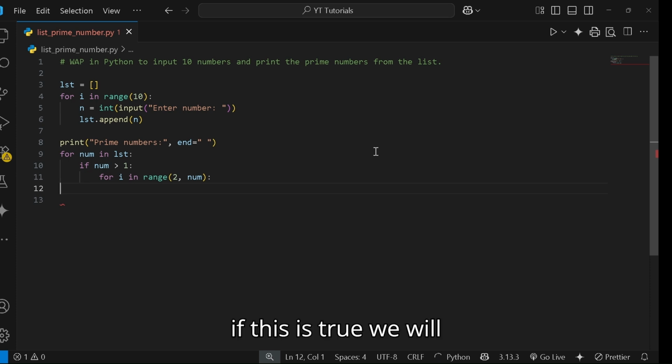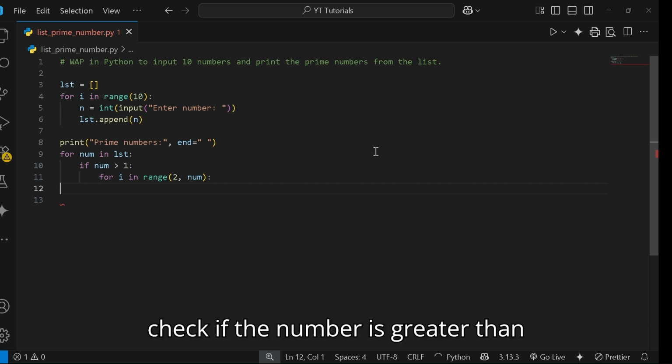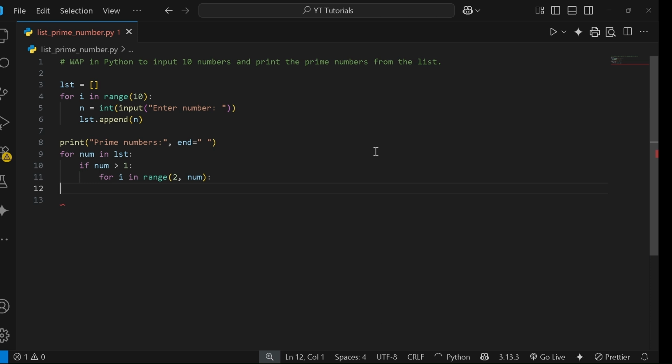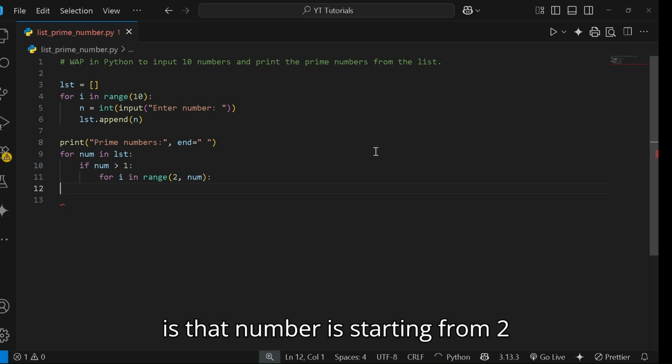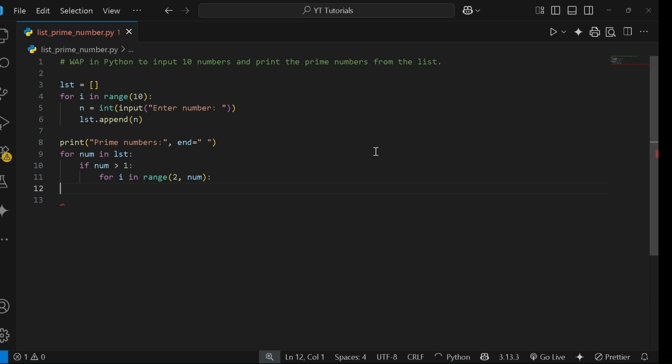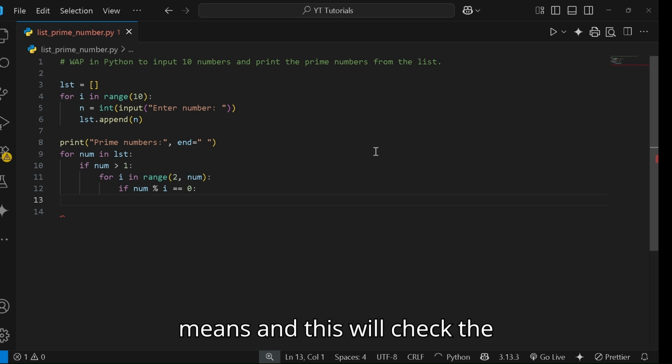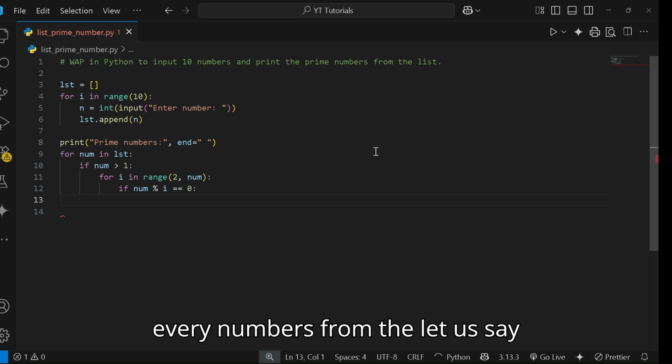So if this is true, we will declare a for loop which will check if the number is greater than 1, then this for loop will check if that number is starting from 2, and starting from the 2, this will go till that number and then check if number modulus i, means this will check every number from the, let us say